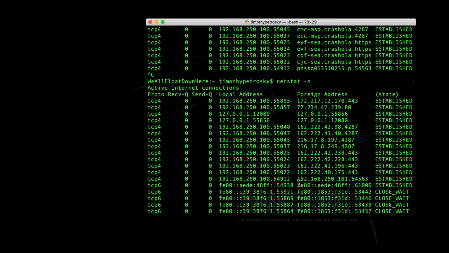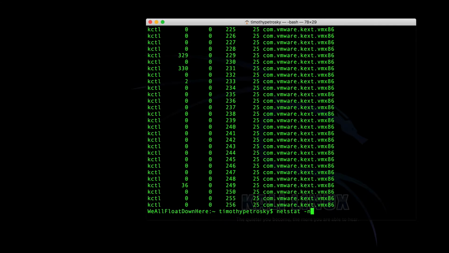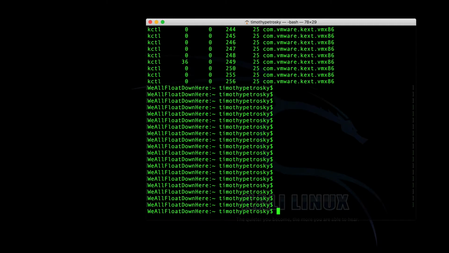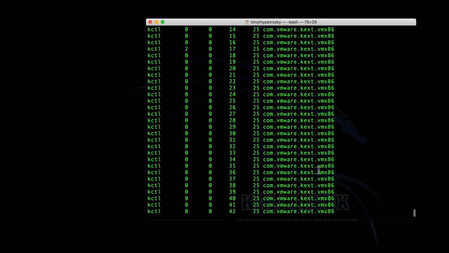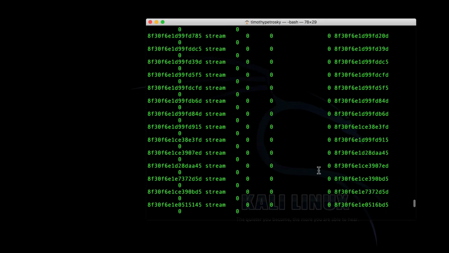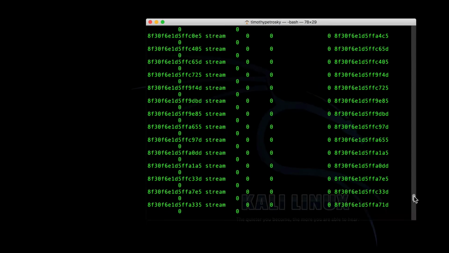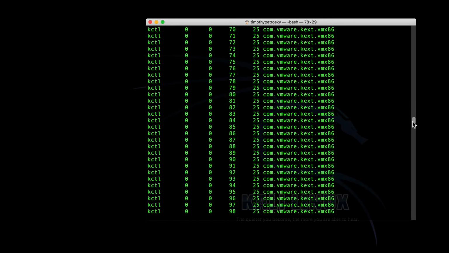And then if I want to list all the ports, I can do an -an. Now what I'm going to do real quick is put a little gap of stuff so that I can find it, because it's going to go by really fast. Netstat -an, and I hit enter, and it did go by fairly fast. I'm going to scroll up. There's a lot going on this machine. It's a long story, but